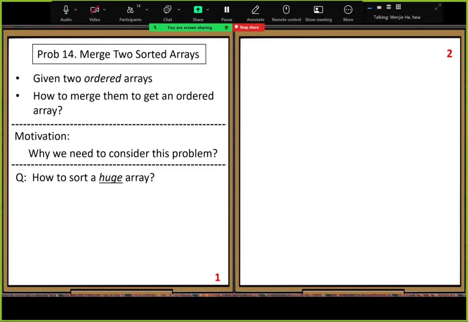So here, I want to describe a very special problem. The question is how to sort a huge array. If the array is not too large, then you do not worry. You just write your program, load the data, and sort it. But now the amount of data is so large